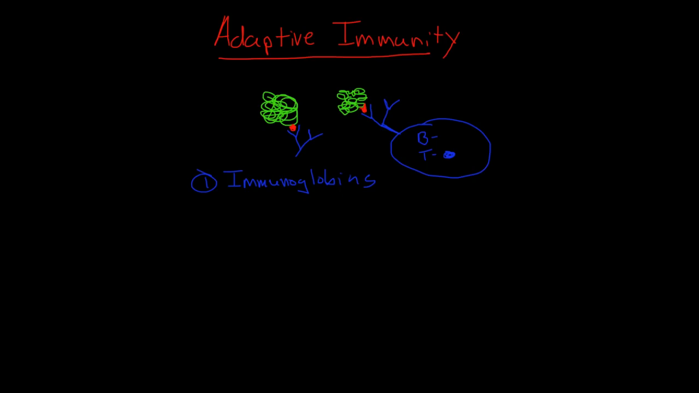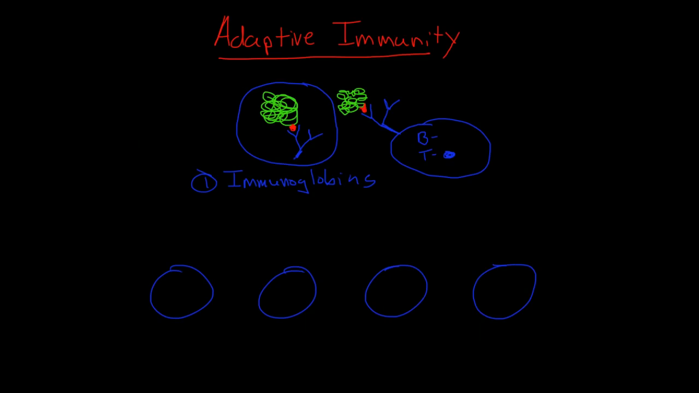Okay, so the adaptive immune system is the part of our immune system that responds to specific antigens by binding with antibodies. And why is it called adaptive? Well, it's called adaptive because when we are born, our body produces